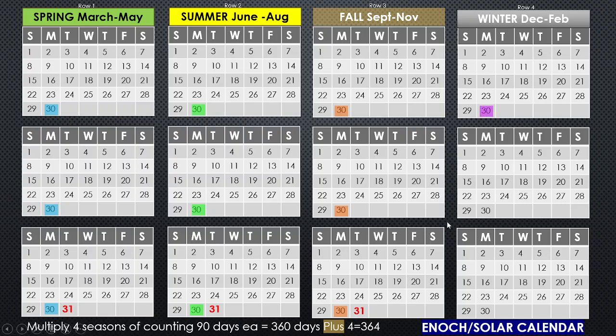And then there's the 30 days in December, 30 days in January, 30 days in February. Notice February has 30 days, not 28, not 27, 30. If this were a Roman calendar, that would be different. But there are 30 days in February. And the 31st day is an intercalary day. And what is it going to indicate? It's going to indicate that we are shifting seasons and we're going back into spring.